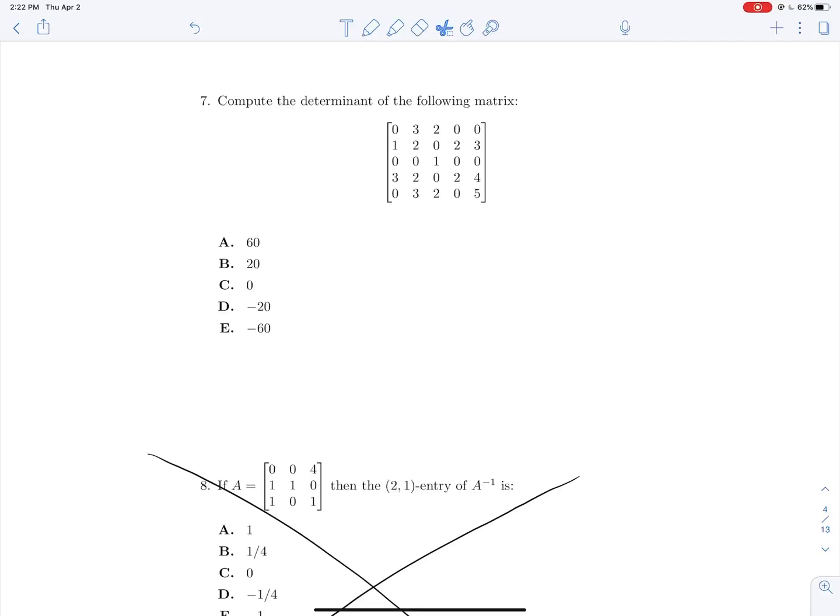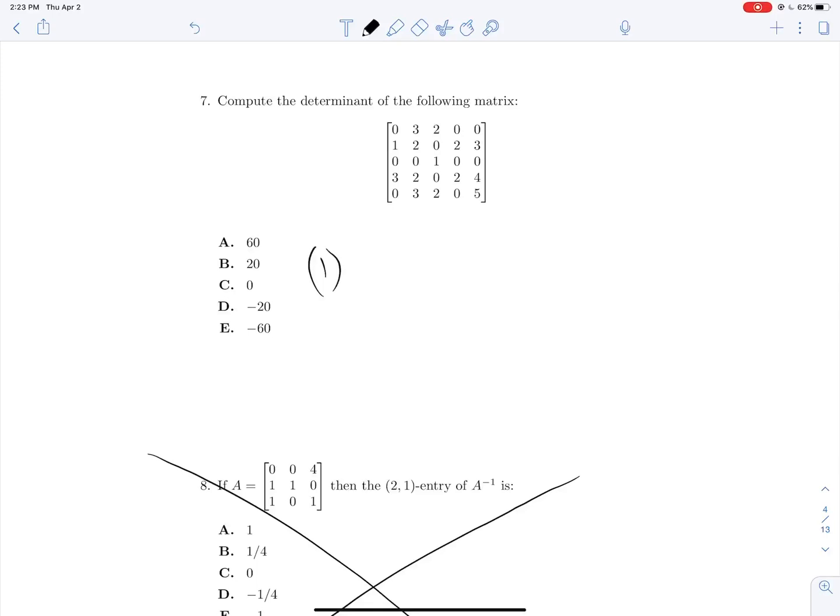Number 7, let's compute this determinant. We know that if there is a row or a column that only has one non-zero entry, we can pull that entry out with the sign associated with that entry's position, and then take the determinant of what's left and multiply it by whatever that non-zero number was. So looking here, we have a 1 sitting in a row by itself. And we know that this position in the matrix will have the sign plus, minus, plus, minus, plus when we take its cofactor. And so I'm going to pull out a 1